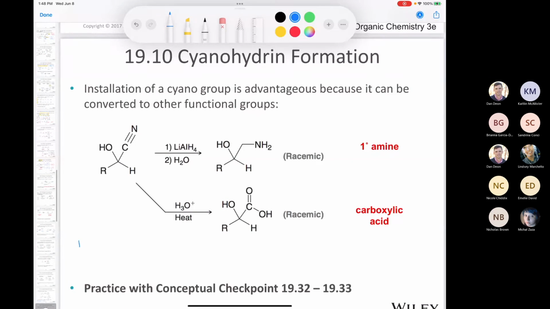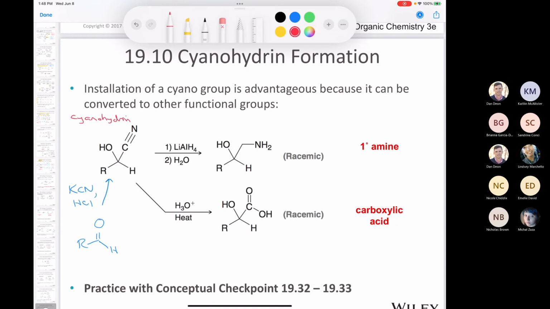Let me pencil it in here. Let's say we started out with this carbonyl compound like this aldehyde, and we want to make this cyanohydrin. The best conditions would be to use KCN and HCl because it avoids the use of hydrocyanic acid, which is toxic and volatile. So there we go. We'll make our cyanohydrin. So this is our cyanohydrin,